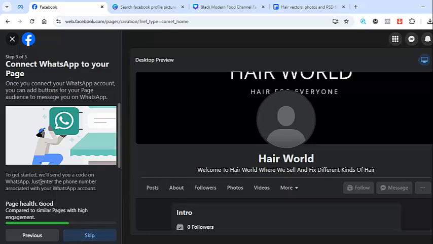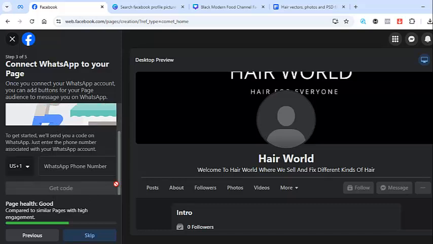All right, to get started, you send a code on WhatsApp. Just edit the phone number associated with your phone account. They are saying that if you connect your WhatsApp number, they are going to send you a code on your WhatsApp number. So this means that if you want to add your WhatsApp number to your page, all right, now